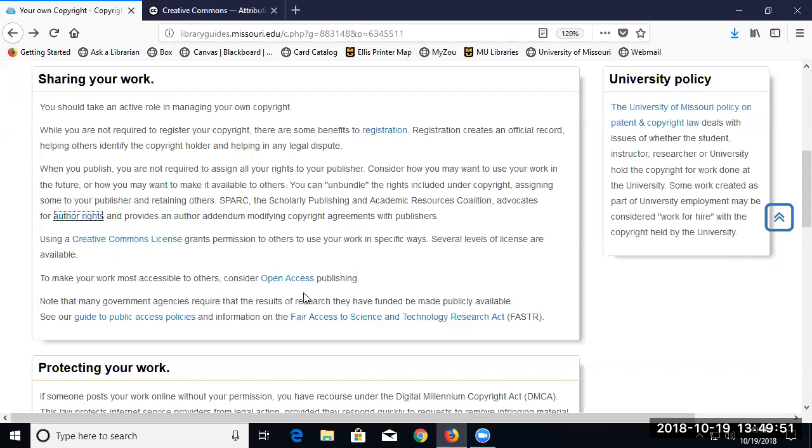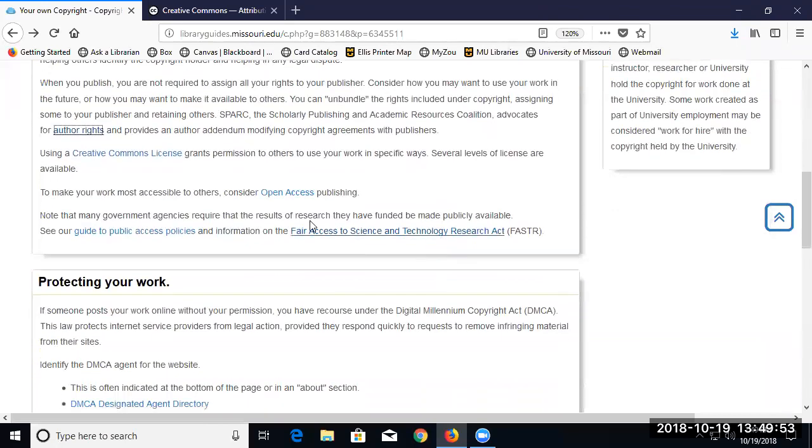I will mention we've got some information on open access publishing, which is just another way to make your work more available. It's not really a copyright issue, it's more of an economic issue of pushing things out, and the university or the author assumes the cost of putting stuff out rather than having a buyer or user pay for something.